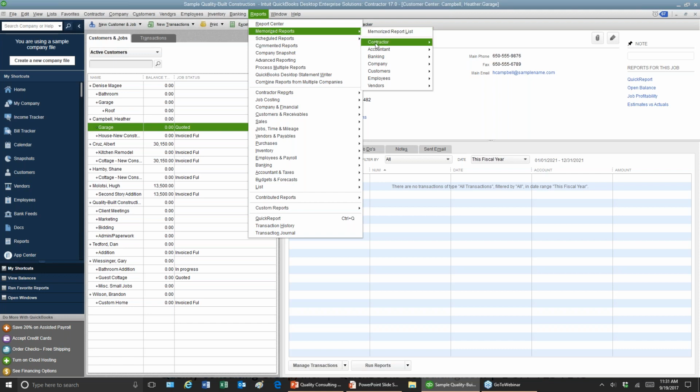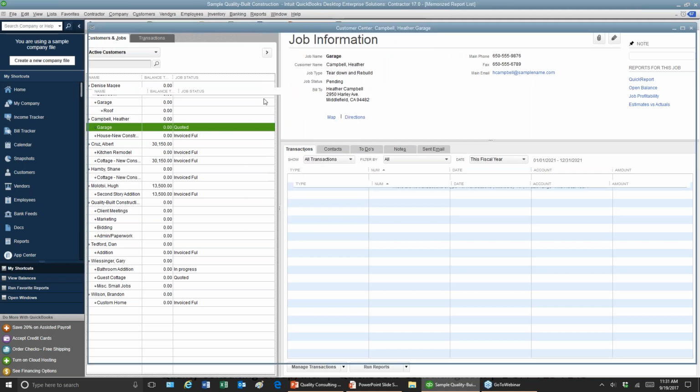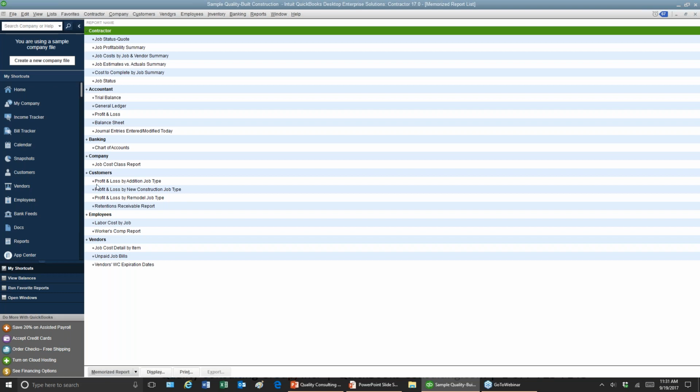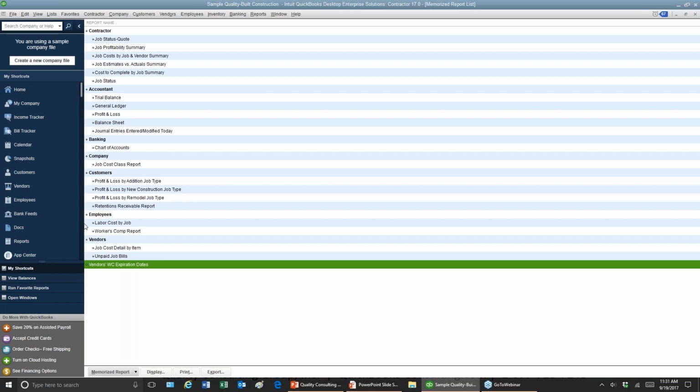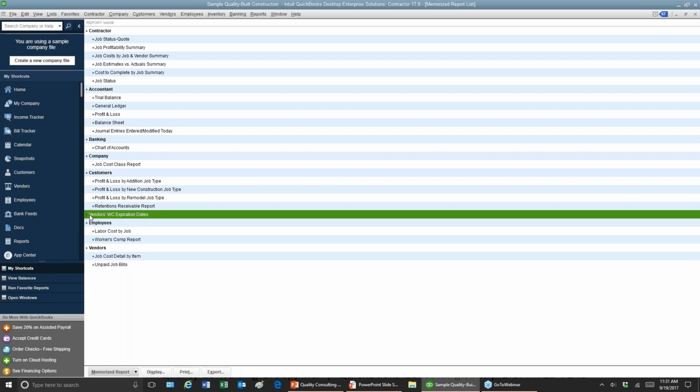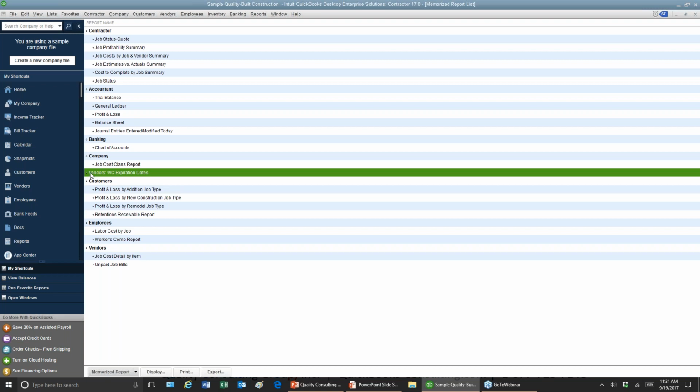And if you're one that has, I don't know, 100 reports, when you click on the memorized report list and you want to clean that up, you can easily do that by creating a report group or taking the reports that might be outside of a group and then moving them. Maybe you want to move this up into another area. Maybe you want to put it in the customers, not necessarily, but let's put it up in the company. So you move it up there, and then you can click and drag it in. Anytime you see those diamonds, that's what you can do with moving around with your mouse. It's a click and drag, for those of you that are not familiar with that.